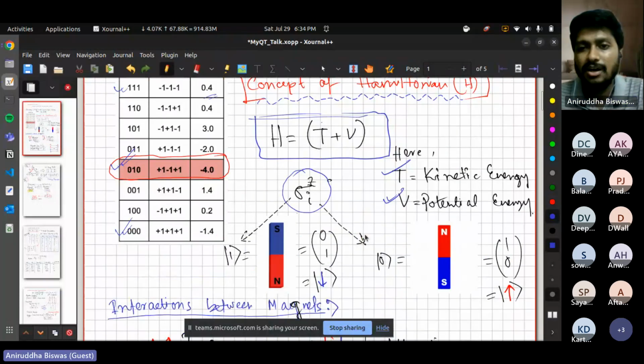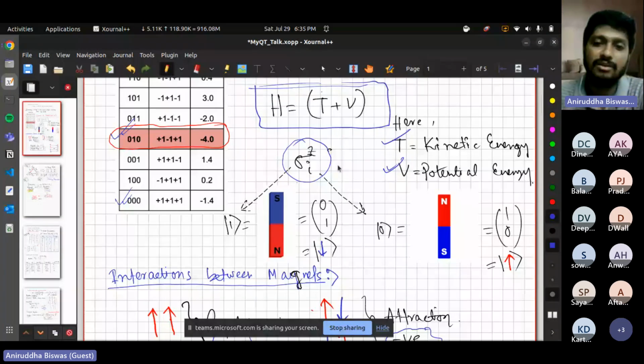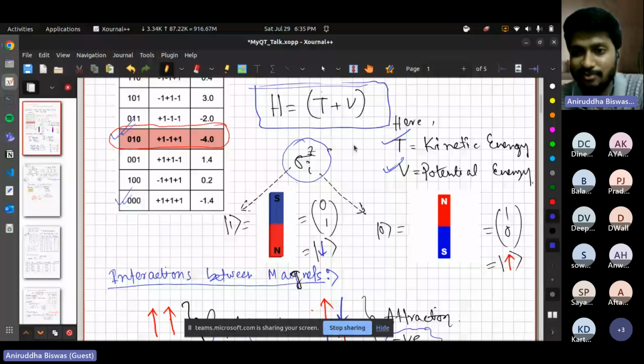Now in a quantum computer, what is a qubit? I think in the previous sessions the speakers have already discussed what a qubit is, so I will not take much time on its properties. But in a very simplistic way, I would try to provide some intuition of what a qubit is. A simplified view of a qubit can be thought of as a bar magnet, where the bar magnet has a north and a south pole.